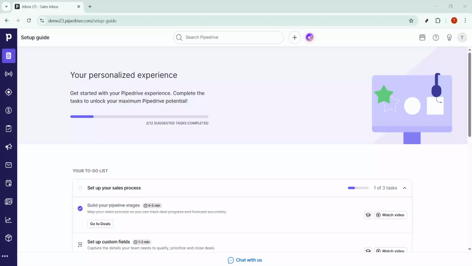In today's video, I'm going to teach you how to edit a person in Pipedrive, 2026 Step-by-Step Beginner Tutorial. If you're new to Pipedrive, updating a contact's information is straightforward once you know the flow. We'll start from the main dashboard and make a clean, accurate change to a person's record using the built-in inline